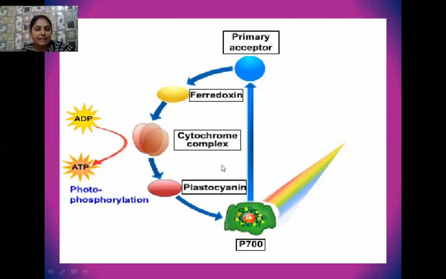The second thing is that this reaction always takes place in the stroma lamellae membranous system of the chloroplast. You know that two types of membranous system are present in the chloroplast. One is the membrane of the thylakoid or the grana, and the second one is the membrane of the stromal lamellae, which connects the adjacent grana. So always remember, cyclic photophosphorylation is always related with stromal lamellae. It takes place inside the stromal lamellae. All right, and non-cyclic photophosphorylation always takes place inside the membrane of the thylakoid, or inside the membrane of the grana, you can say.